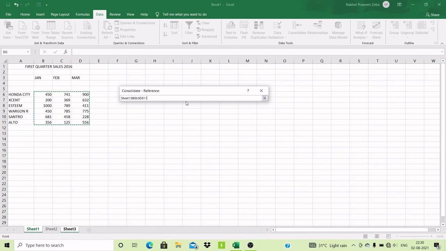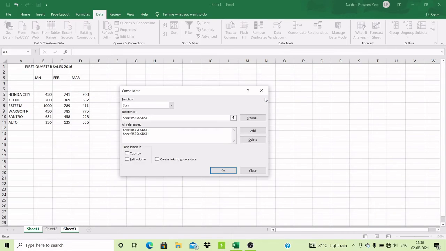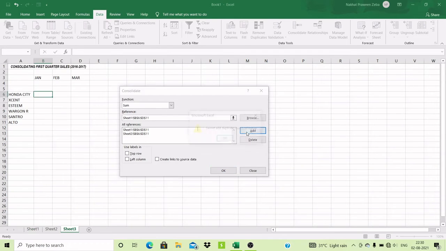Okay. After selecting, I will click here. After clicking there, I have to click on the Add button, because when I click on the Add button, this reference will be added in my All references area.